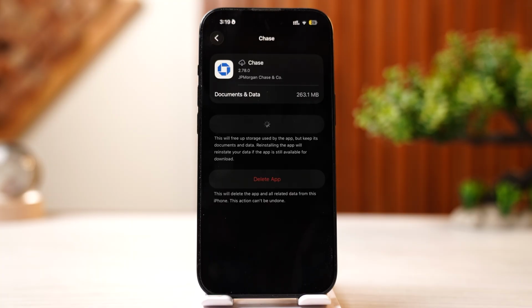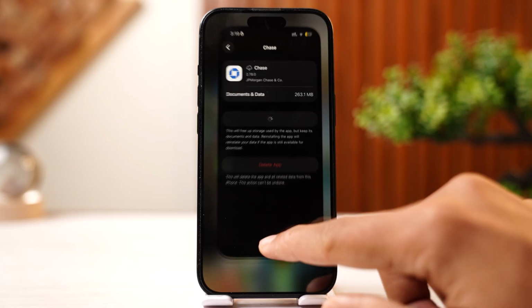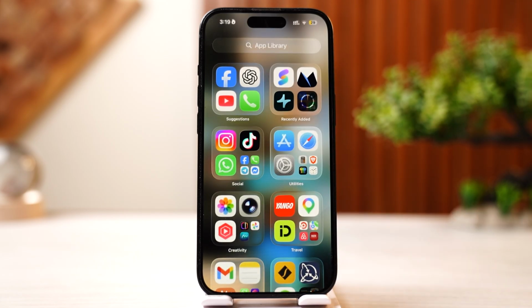However, sometimes it might be your device's fault and not the app itself. What you can do is you can simply restart your device once and open the app again, and it might also solve your